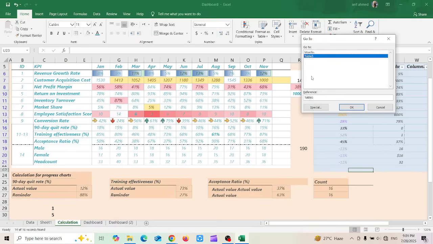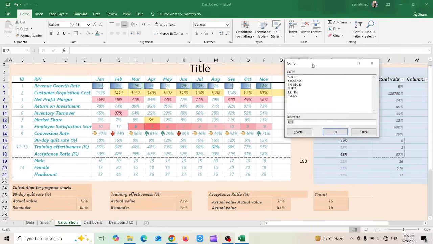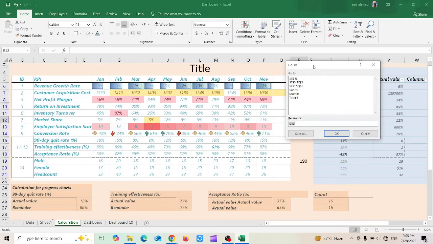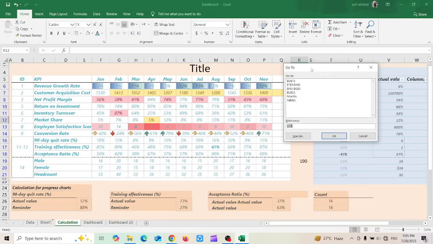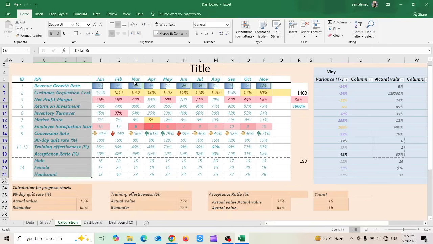You can also use go to, and in go to it will give you a way to navigate through different parts of your Excel sheet in which you named a group of cells. So for example, if I went to months, it will move to this selection. This is because earlier I have created a group, or labeled these cells as a group and gave them a name. So if for example you want to do the same exact thing with another set of cells, you can select them like this, then you can head to